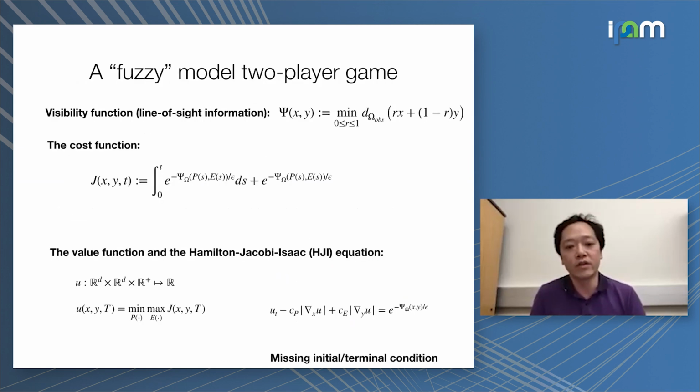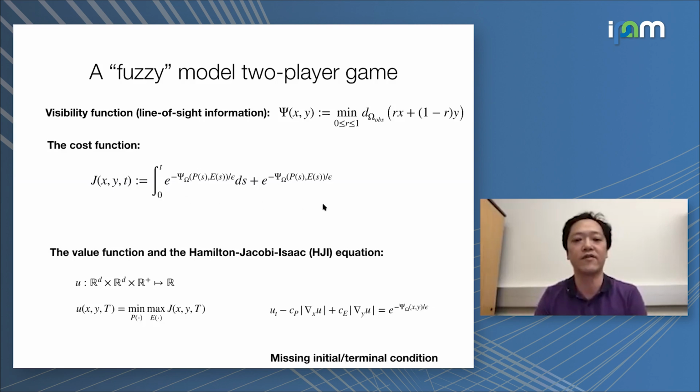Now, one can also consider relaxing the situation a little bit. This is just to illustrate the point that we're going to make later on. So we can consider, again, this visibility function that encodes the line of sight information, and then the cost function, I'm going to relax it. So we're not going to be so strict that the moment the bad guy vanishes from the eyesight, the game ends. But instead, I'm going to